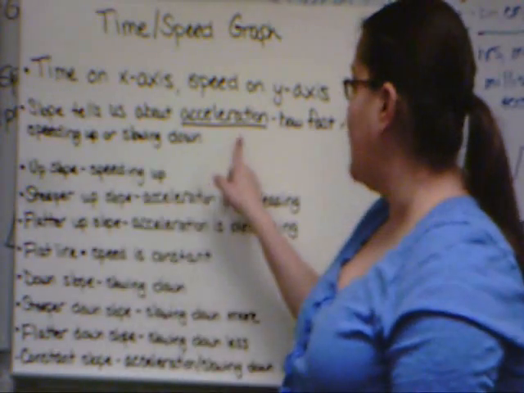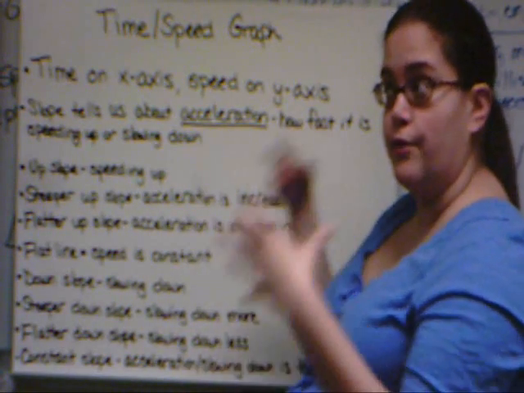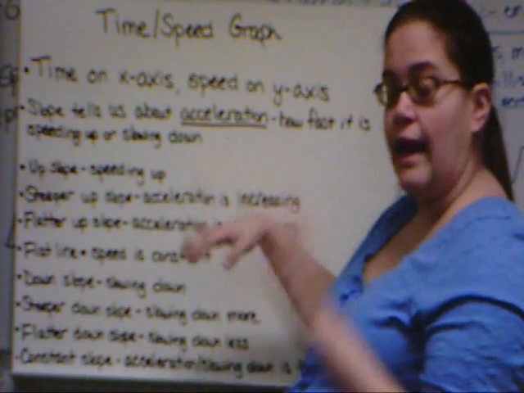It also tells us about slowing down. So if I'm in my car and I'm going 30 miles per hour, and then I come to a stoplight, I have to slow down. And so I'm going from 30 miles